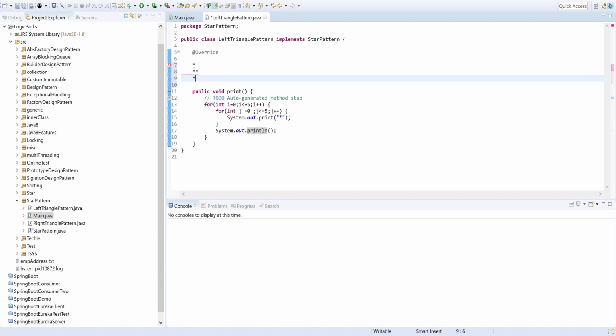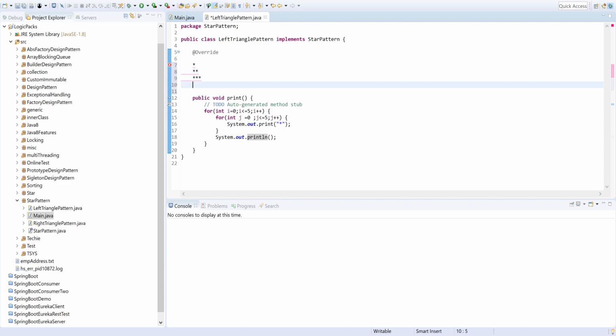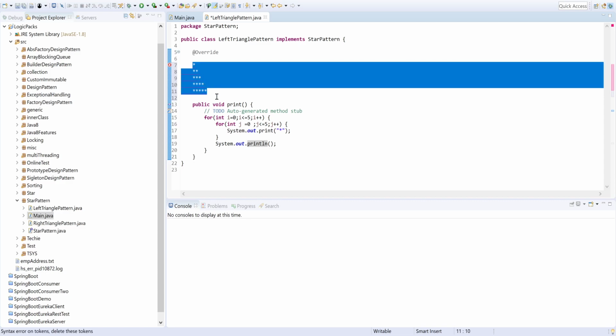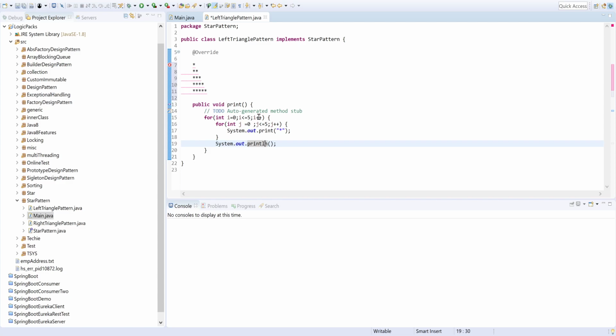it's 2 star and then 3 star and then 4 star and then 5 star. In this fashion your program should print. So let's say I have to print like 9 lines, and how I would print means that on the first line I need to print only 1 star, on the second line I have to print 2 star, on third line, means in every line the star is increasing.